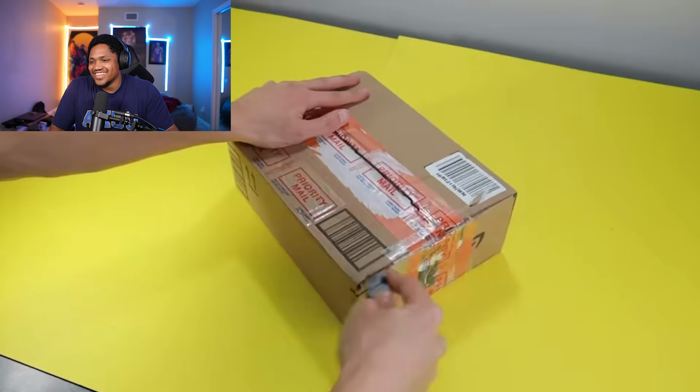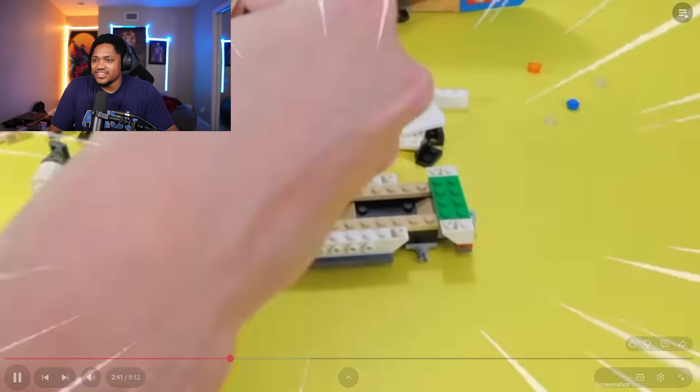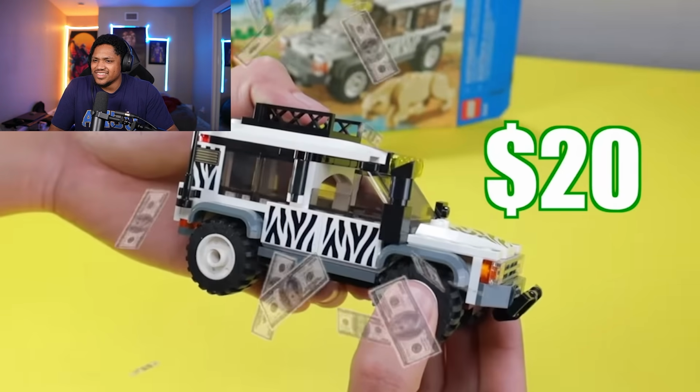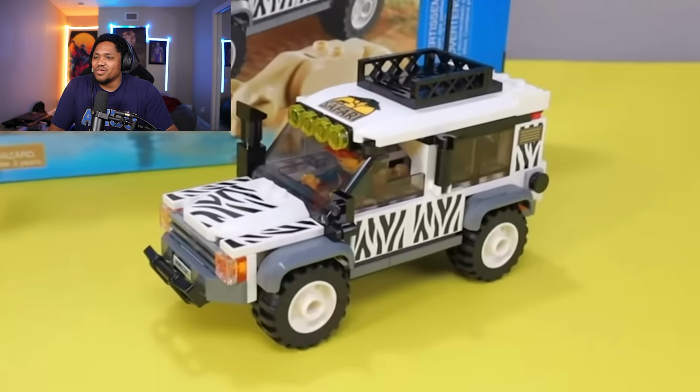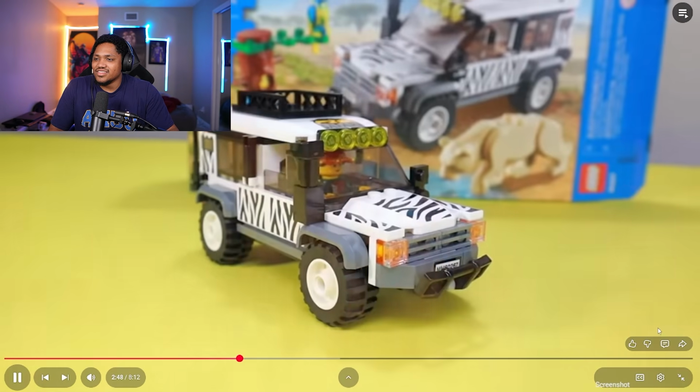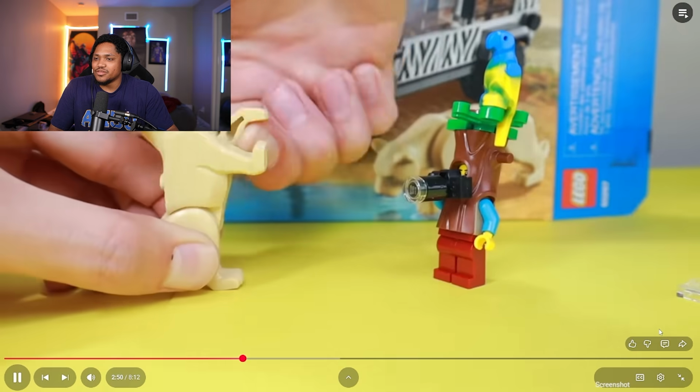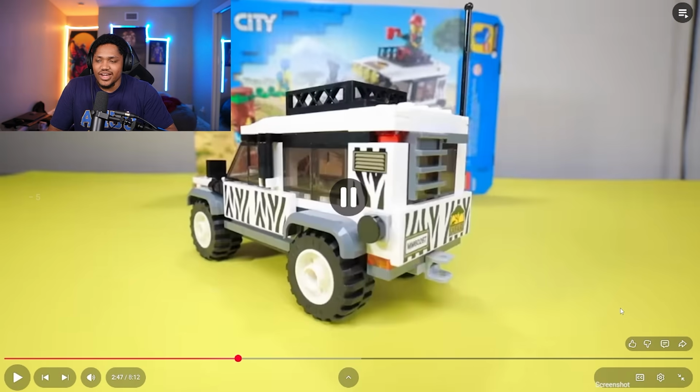Big shame. Time to whip out the next item I bought. This is a $20 Lego African Wildlife Safari set, and like a lot of places in Africa, temperatures can get very hot. So another natural disaster I want to test is a